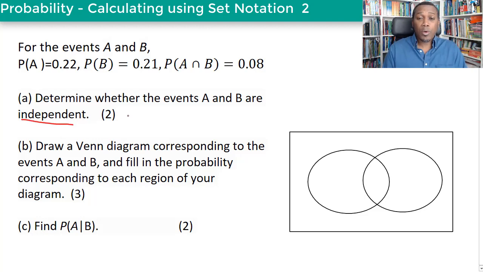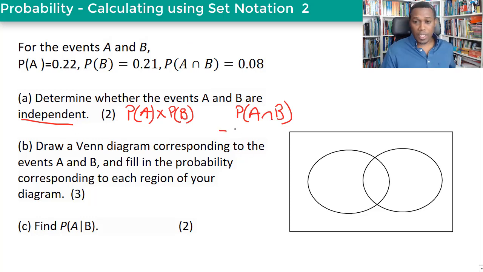So what are we doing? We're going to work out the probability of A multiplied by the probability of B, and we're going to see if it's equal to the probability of A intersection B. We have A intersection B. The value of A intersection B is, and I won't use the equal sign because we don't know as yet, 0.08. And when we do probability of A multiplied by probability of B, what do we have? We have 0.22 multiplied by 0.21, and that's going to give me